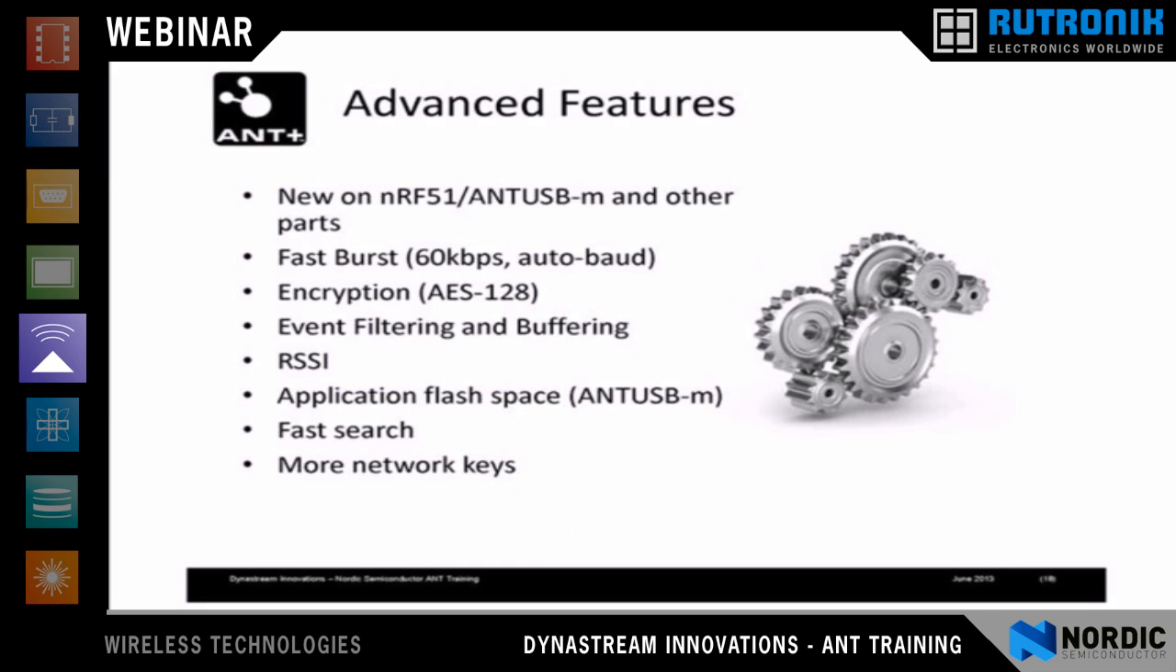We've built in RSSI, finally, so you have a very good quality RSSI, which is also built into the protocol in the event messages and in the serial protocol. We have an application flash space. There's 500 bytes of flash on the new USB-M, which allows you to put more identification about your product and any rev and